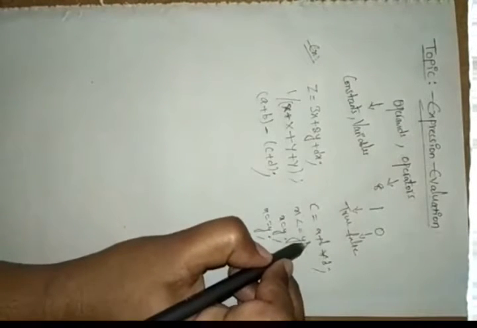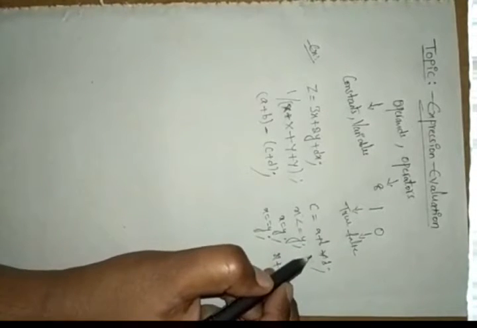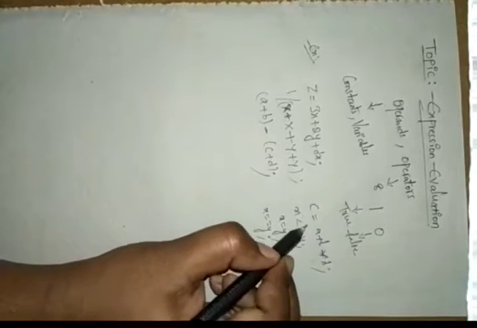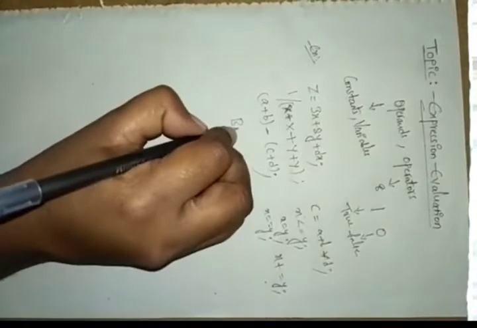Suppose you take homogeneous expressions. In this we have c equals a plus b into d. We can call this one homogeneous expression, because it has a, b, c, d as operands and equal to, plus, into as operators. We have the assignment operator in this, and everything is performed. These expressions follow the BODMAS principle.